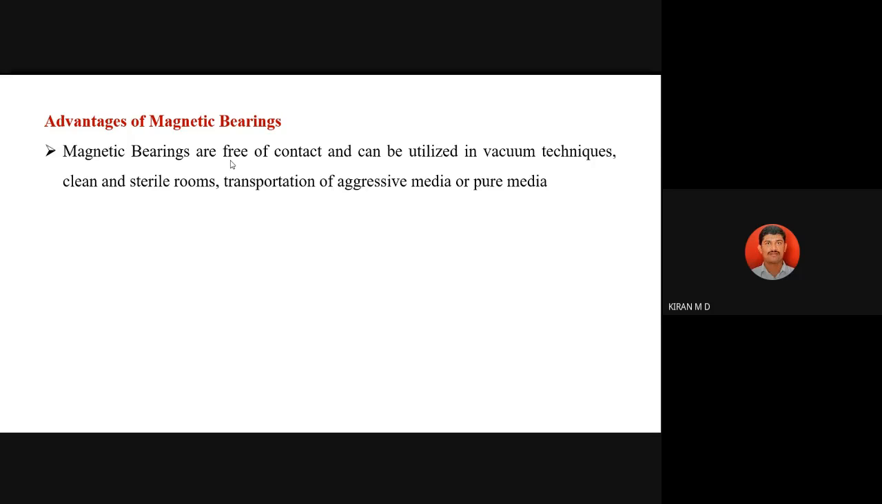Aggressive media means the transportation of some toxic chemicals, some fluids which have a highly toxic condition. And pure media we should not contaminate, because if you use a hydrodynamic bearing or hydrostatic bearing for pure media, there is a chance of leakage of the lubricant that will mix with whatever media you're transmitting. Okay, so in those applications we are going to use magnetic bearings, and the highest speeds are possible,